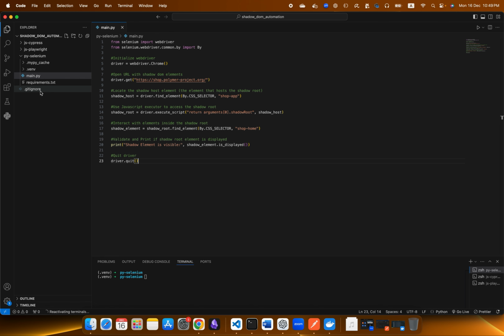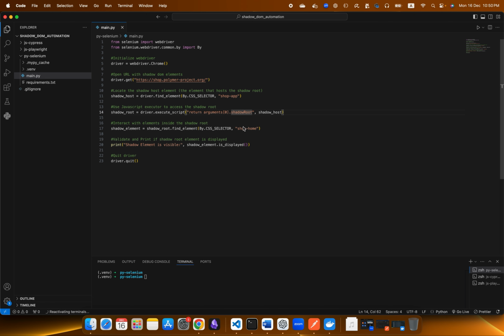I have done a basic Selenium setup using Python and Selenium, and we have the basic driver setup and everything. Here, first I try to locate the shop app which we did earlier in the website. This is the last element that we could find, and after this, the trick that works in Selenium is